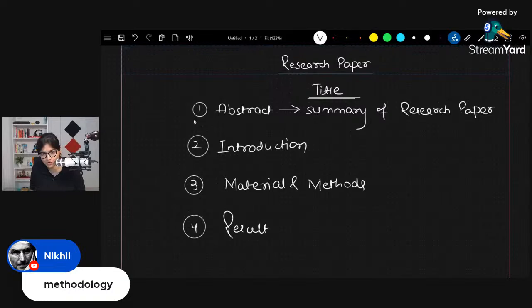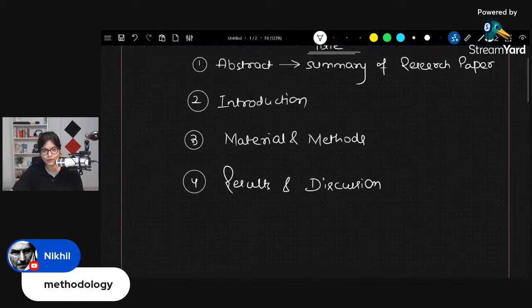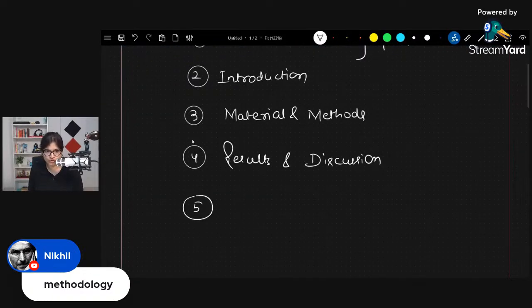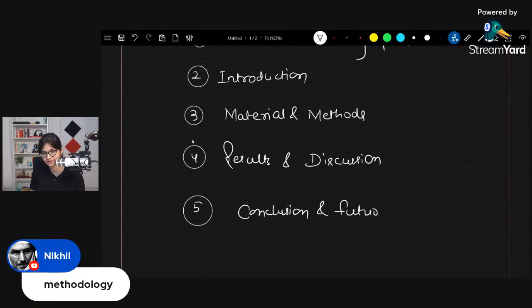So why am I writing so? Because I will talk about each and every section step by step, that how we can write that, right? Results and discussions. After that, the next section is composed of conclusion and future scope. Here I'm talking about generalized sections that you will observe, okay? Conclusions and then future scope.